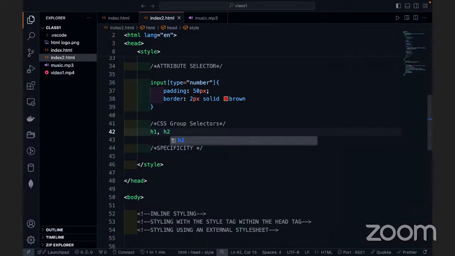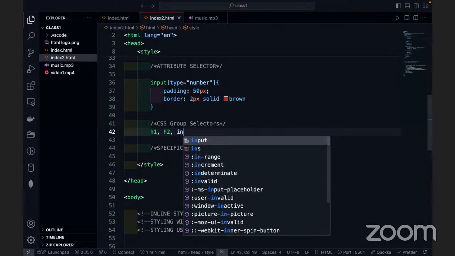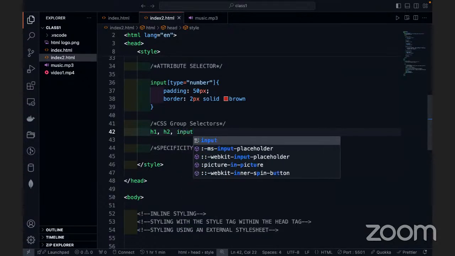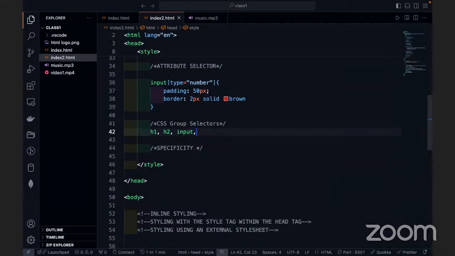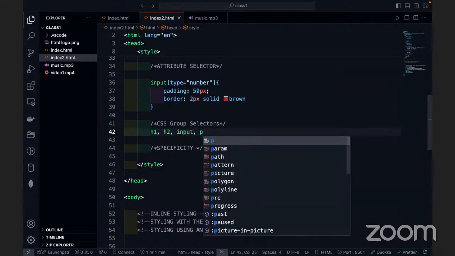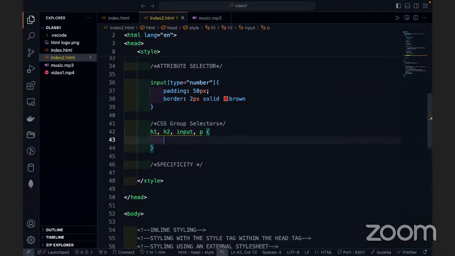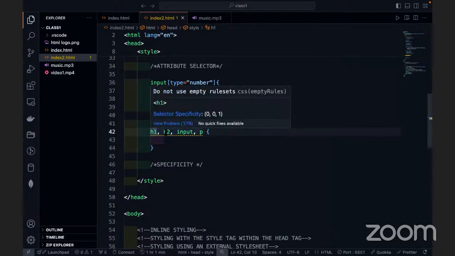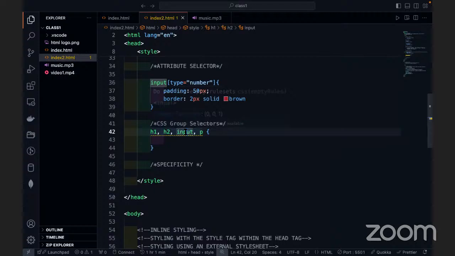maybe H2. So I'm just showing you that you can style as many things as possible. Maybe input, right? You can even bring in input tag here. And I don't know, any other one. Okay, let's include paragraph now. So this CSS group selectors actually happen at the point where maybe you want all the H1s, all the H2s, all the inputs and all the P's on your website